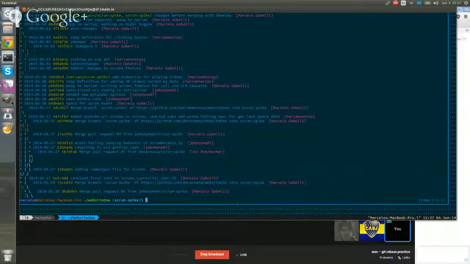All right, so let me set up an example. Well, let me first show you what the difference is between merging and rebasing.